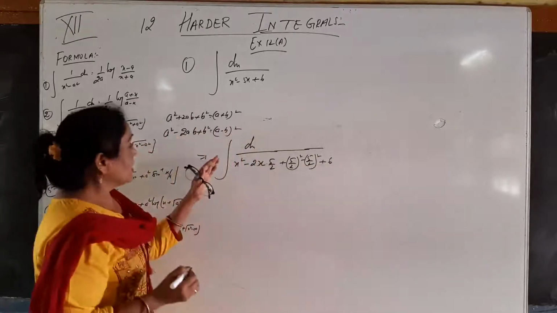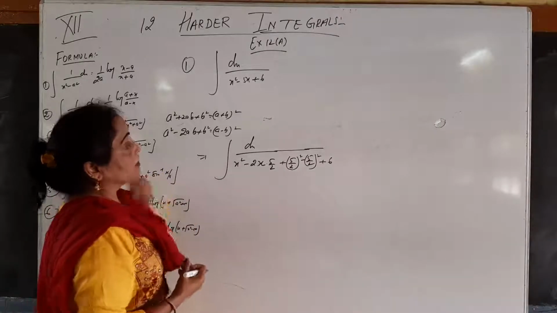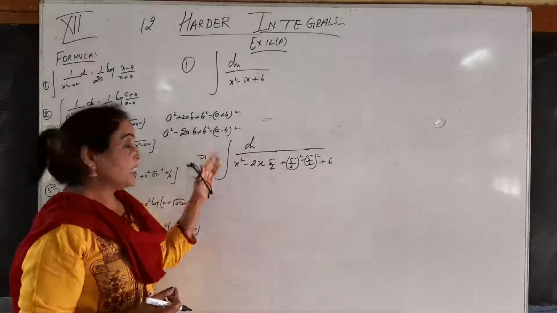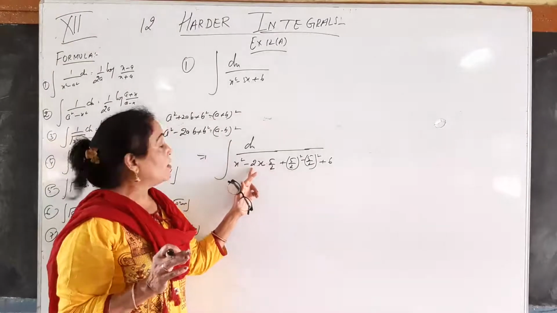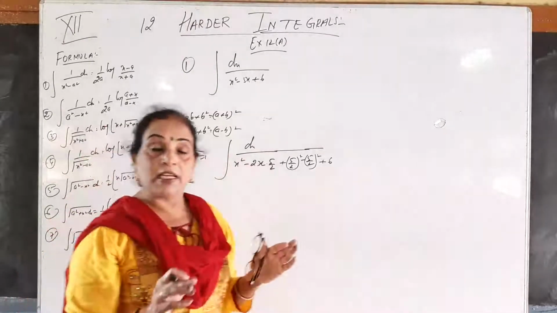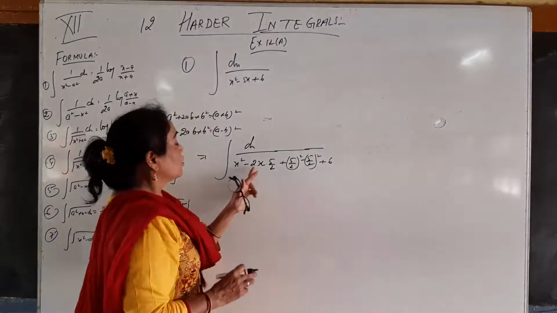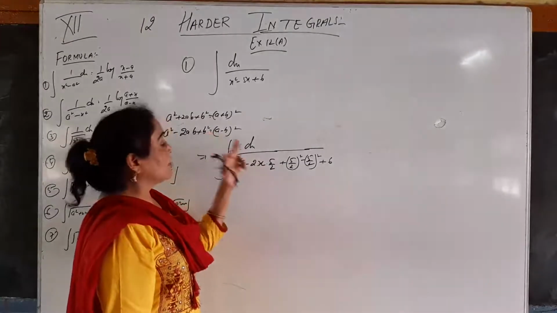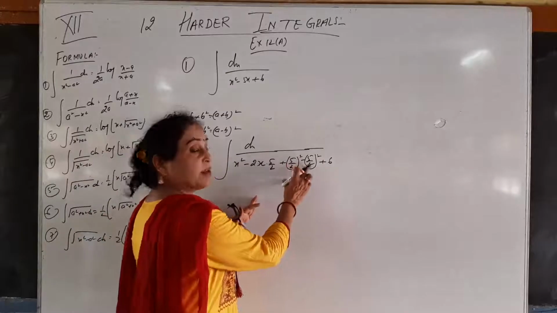हमने क्या किया? ये क्वेश्चन माइनस के फॉर्म में दिया है, x square minus 5x plus 6, a square minus 2ab plus b square के फॉर्म में है. तो x square minus 2 फॉर्मूला का है, यहाँ नहीं गिवन है, तो हम इसको पुट करेंगे और रिमूव करेंगे डिवाइड से. मल्टीप्लाई करके वो टर्म्स आ जाता है और डिवाइड करने से वो टर्म्स रिमूव हो जाएंगे. तो 2 into x into 5 by 2. Our b is here 5 by 2. So b square is 5 by 2 whole square, minus 5 by 2 whole square. हमने add 5 by 2 square किया, subtract 5 by 2 square.